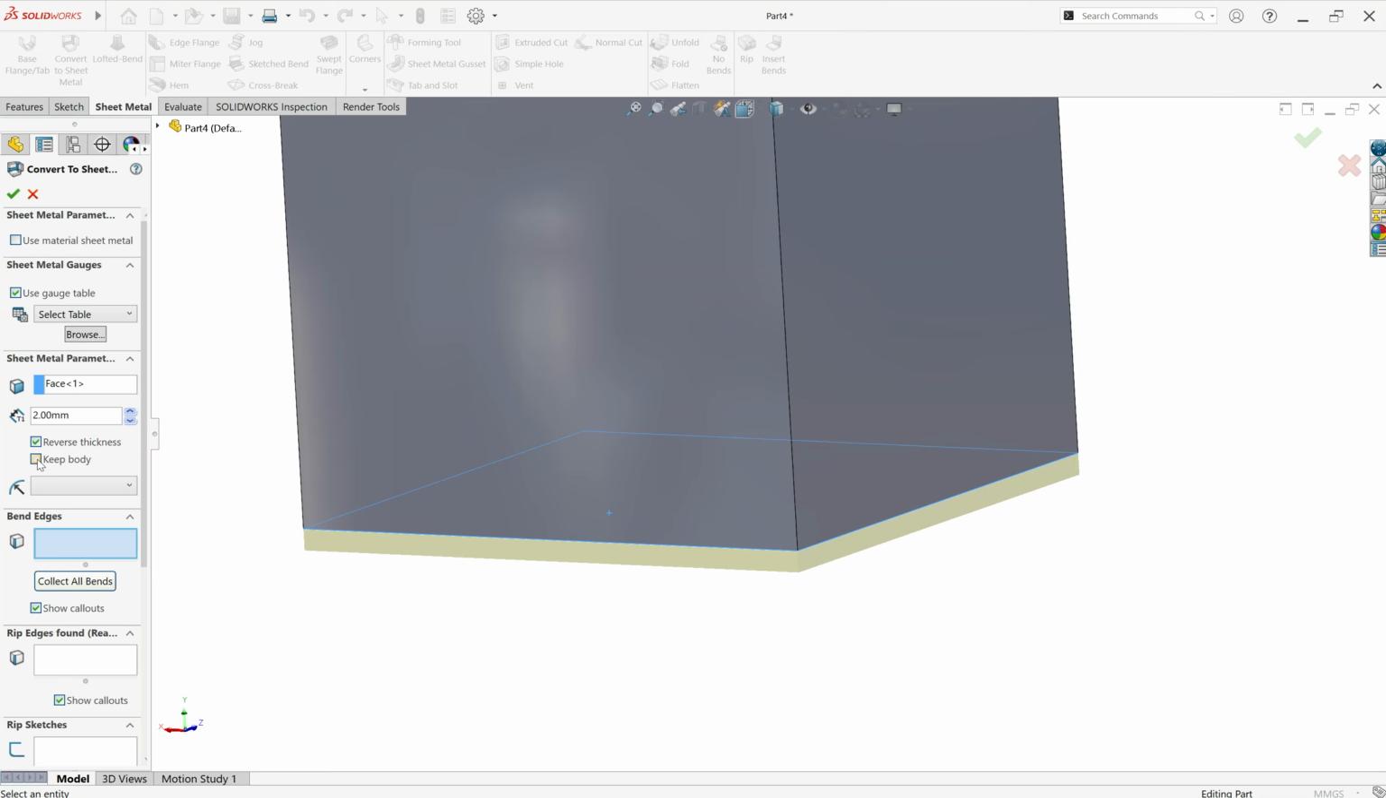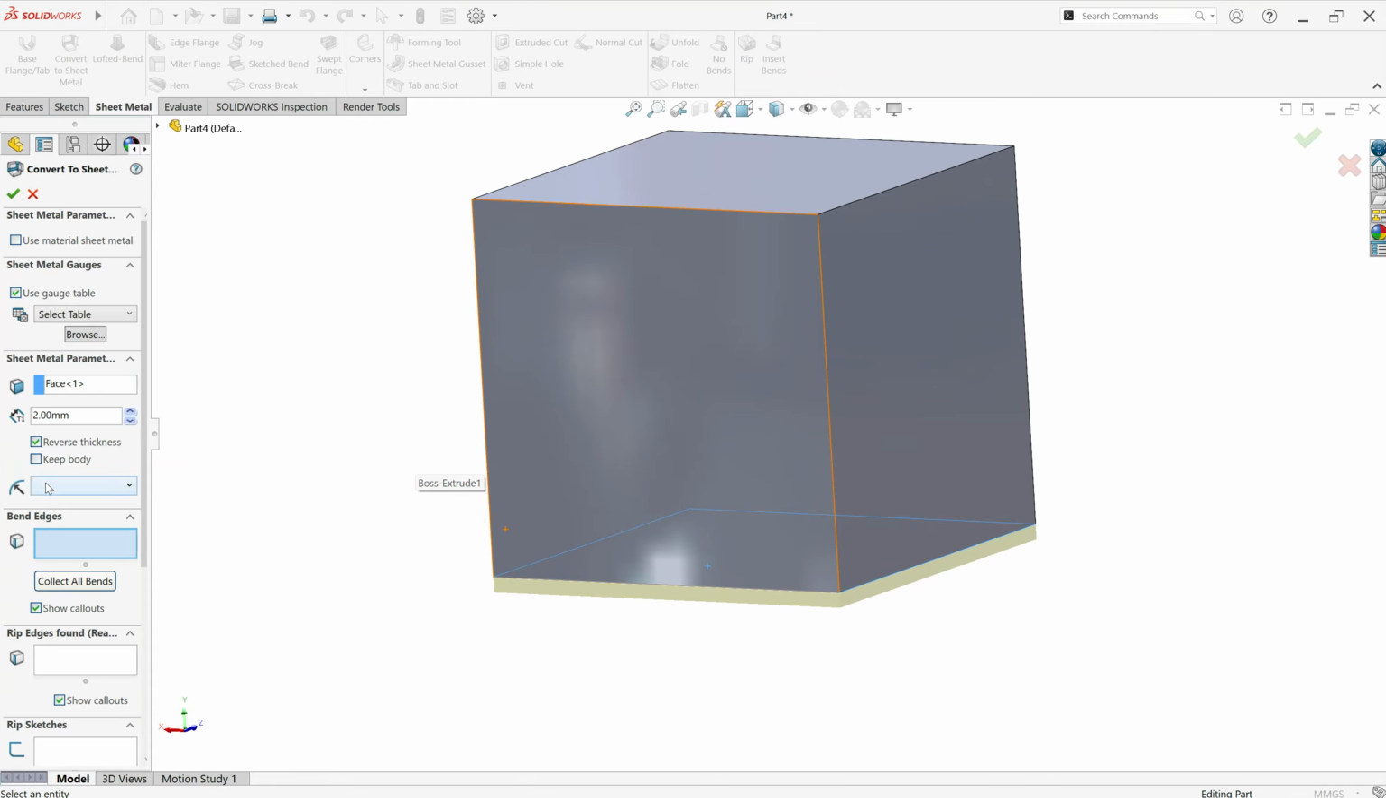If this option is off, that is now off, it says that the original solid body is replaced by the sheet metal feature. But if you check it, then the original solid body remains with the new created sheet metal. This time we don't want to keep the body,